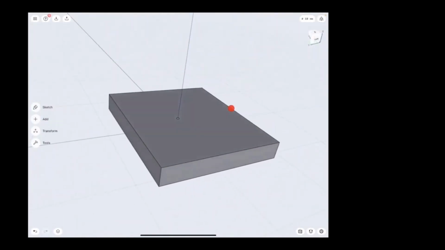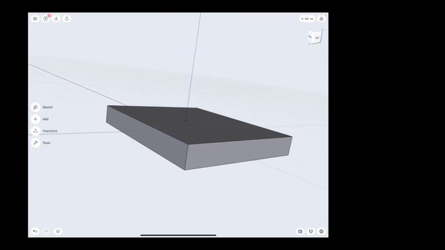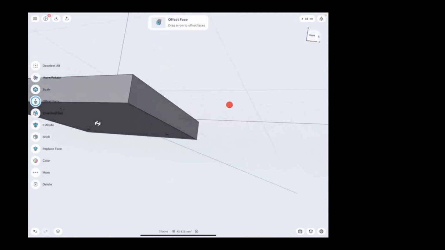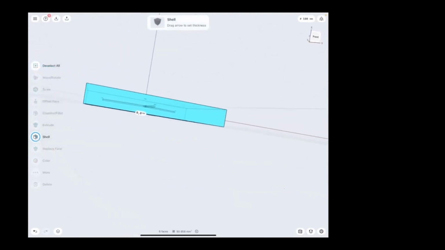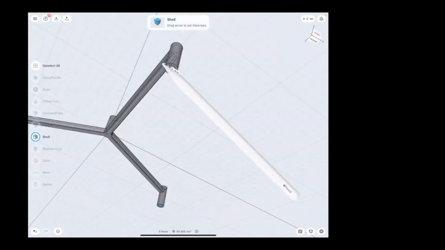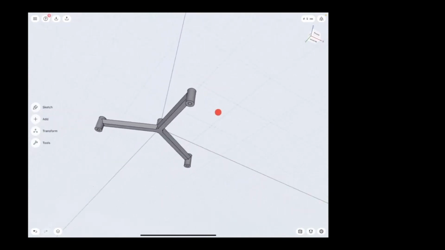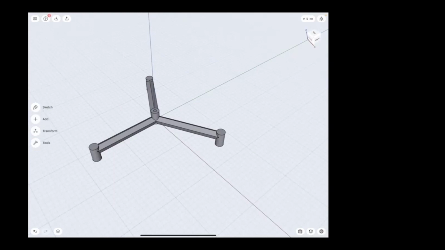To shrink it down, I'm gonna use a shell tool from the outside. To do that, I'm gonna select all the 6 planar faces of this box shape, and then select the shell tool from the toolbar on the left, and define a wall thickness of like 3 millimeters. There you can see we have a pretty sleek design with just as much material as is necessary to have the gripper working, but it